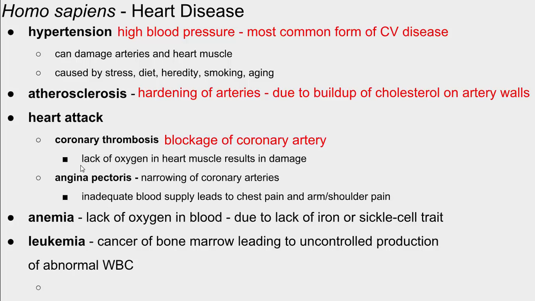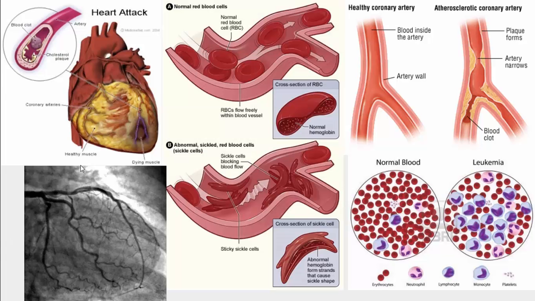Leukemia is the most common type of cancer in children. If you ever heard of somebody with leukemia, some of the treatments, they might have a bone marrow transplant. They would try and put healthy bone marrow back into their body to help create normal white blood cells. Things like that. So we have a few diagrams. We'll talk about a couple things. So let's start with